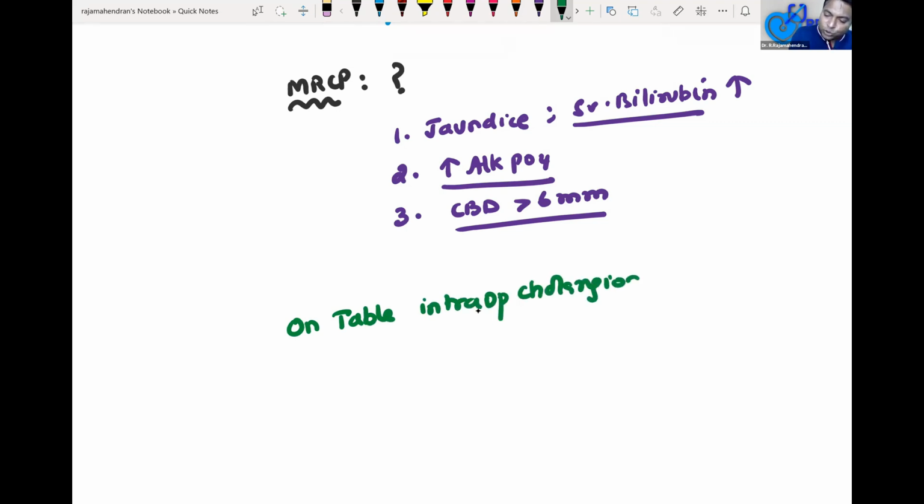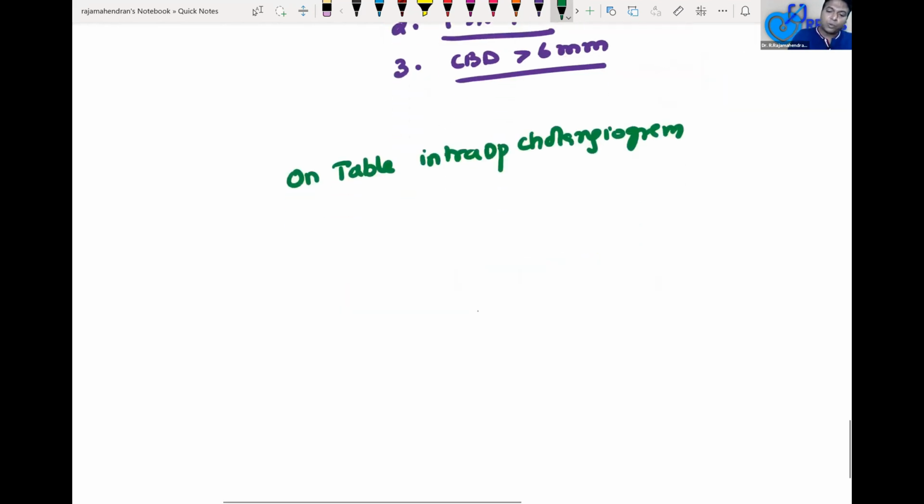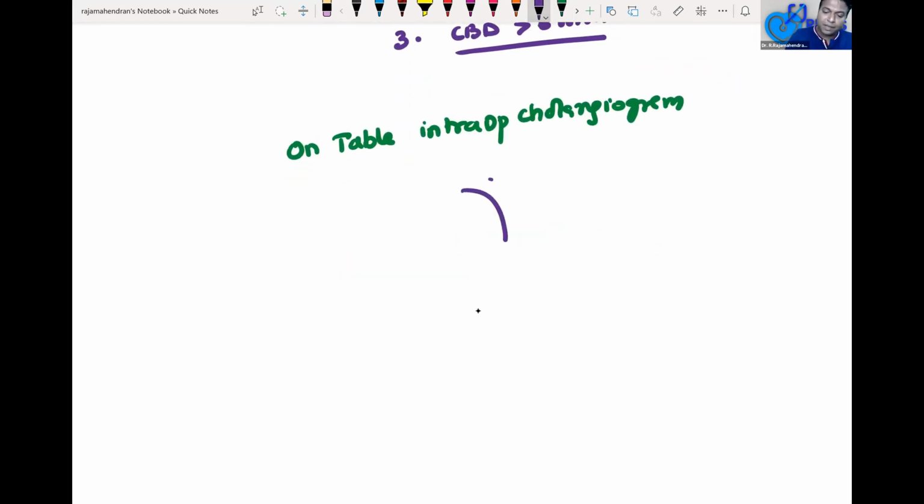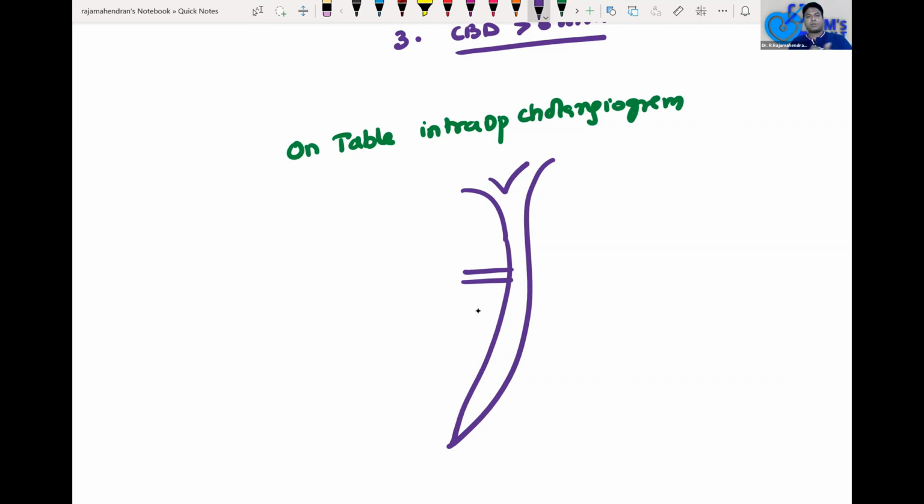What is intra-op cholangiogram is beyond the scope of this chapter, but I will tell you, I have never done this intra-op cholangiogram because I don't have this facility, but many institutes have an intra-op cholangiogram facility. Before cutting the cystic duct during laparoscopic cholecystectomy, they will cannulate the cystic duct with a small cannula and push the contrast and see for any leak from the CBD or any stone in the CBD. They will see during surgery itself. This is known as intra-op cholangiogram.